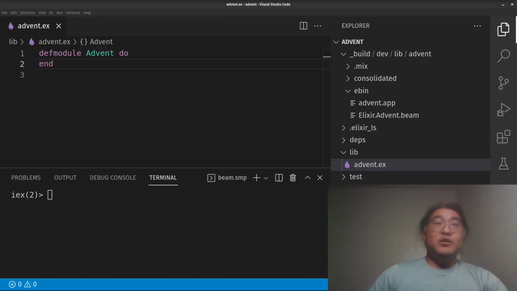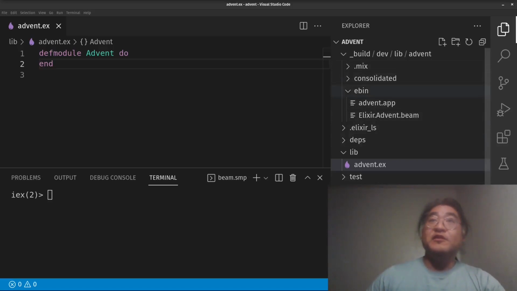Hi all, and welcome to day 7 of Advent of Elixir. Today we're going to go a little bit under the hood of the Beam virtual machine and talk about Elixir and Erlang bytecode. So here we have our Advent project, and I'd like to focus your attention on the